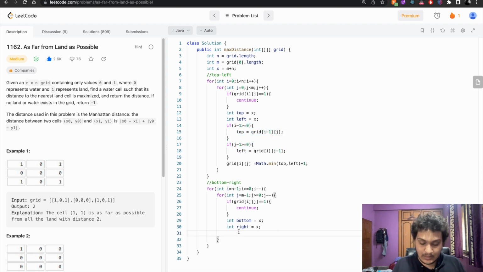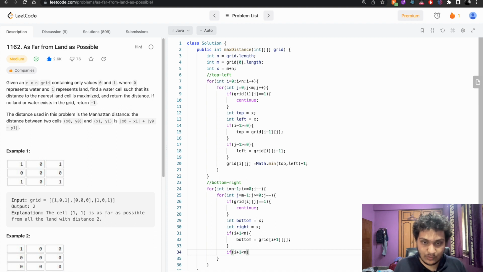If i plus 1 is less than n, then only do this operation. What is the operation here? bottom is equal to grid[i plus 1][j]. Same thing for this: if i plus 1 is less than n, grid[i plus 1][j]. Same thing we'll do for m. What do we have to do? We have to say right is equal to grid[i][j plus 1]. Okay,